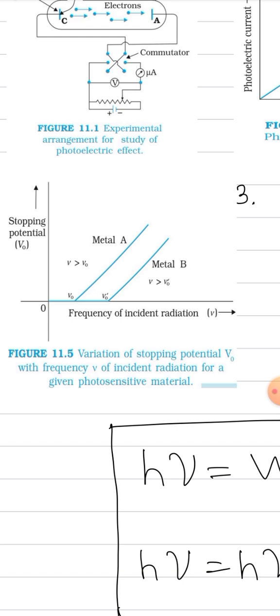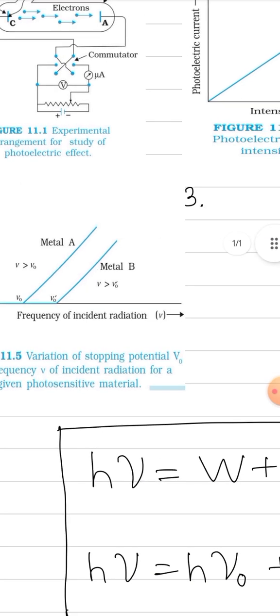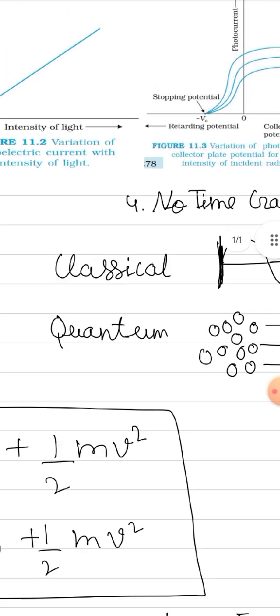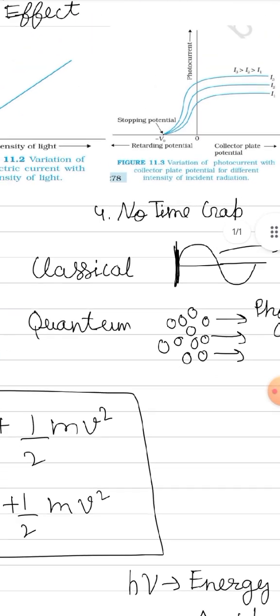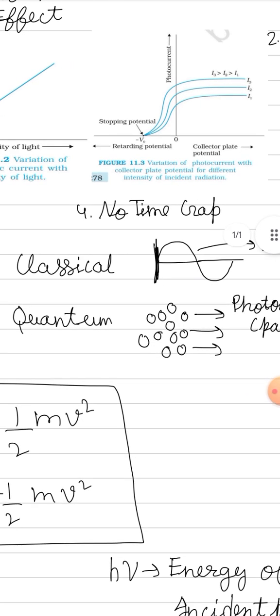It is also not explainable classically, because classically, even if the frequency is less than the threshold frequency, some energy is transferred to the metal, so electrons should be emitted, and we should observe current, so the stopping potential should have some value. But here we can see that below the threshold frequency, there is no value of stopping potential. And so Einstein used the Planck theory of electromagnetic radiation to explain these experimental results of the photoelectric